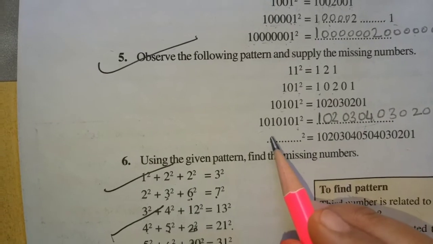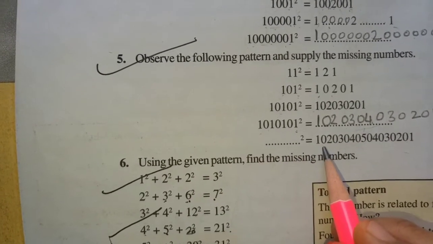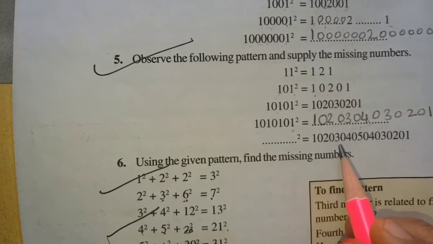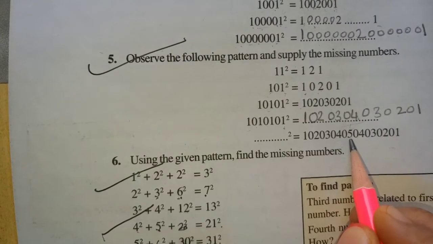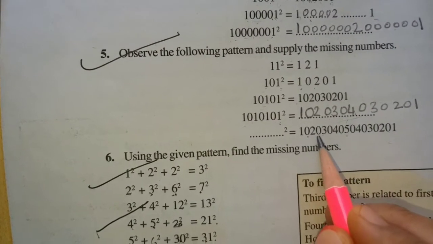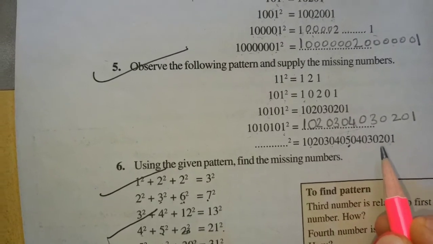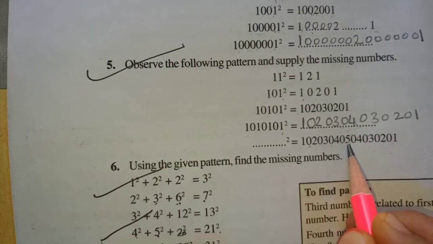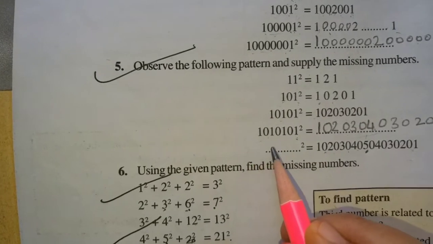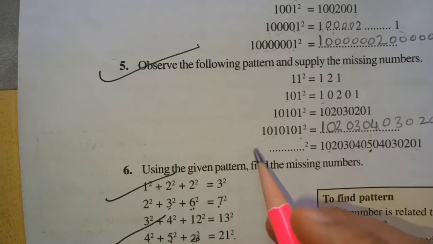See next, LHS is fill in the blanks. Means on the RHS you observe up to what number it goes in ascending order. Up to 5: 1, 2, 3, 4, 5. Stopped. Then it's descending order. So 5 is the maximum number, which means there are 5 ones in the LHS.